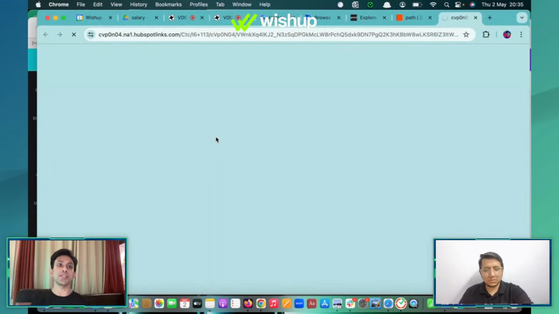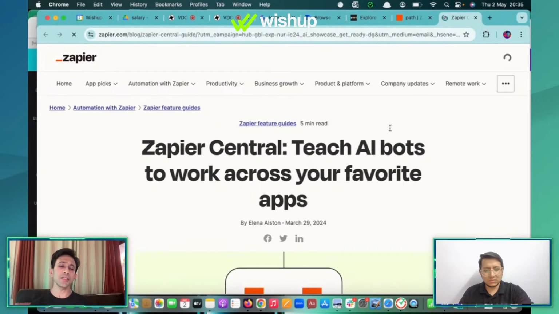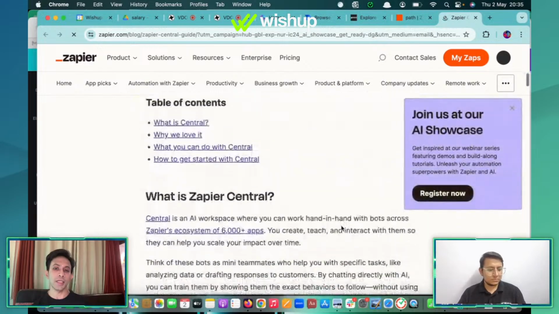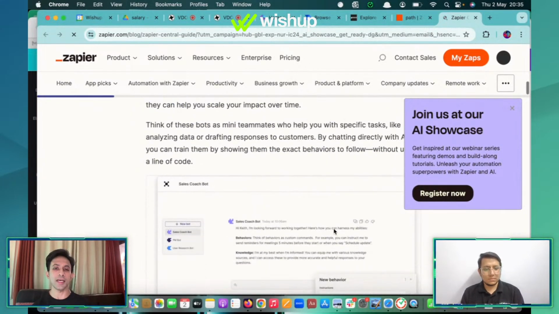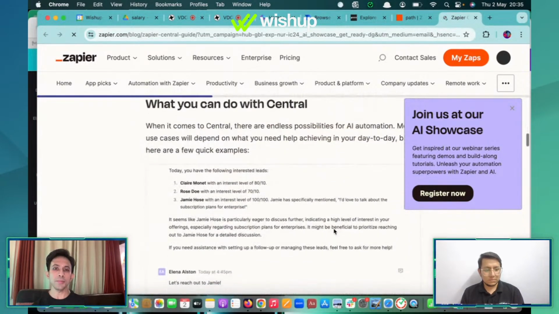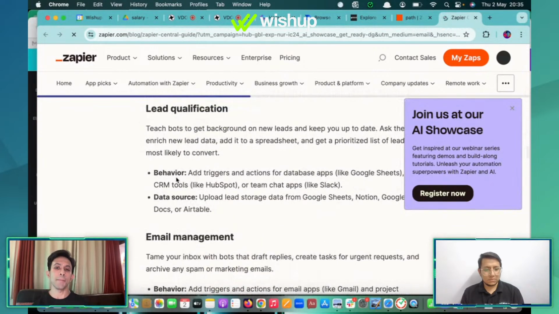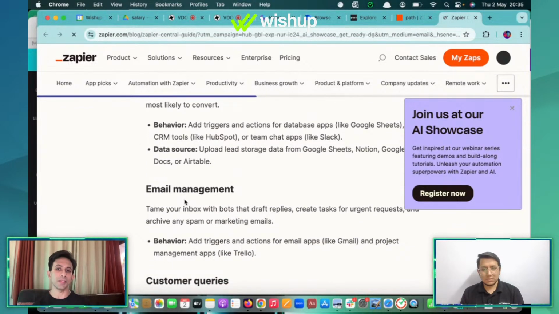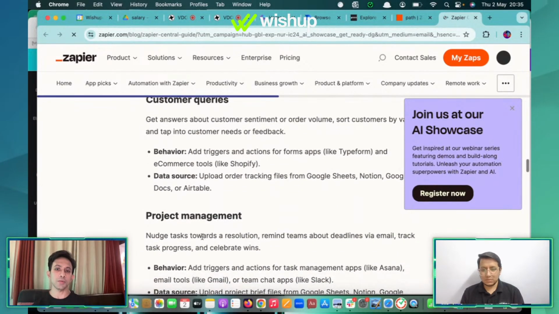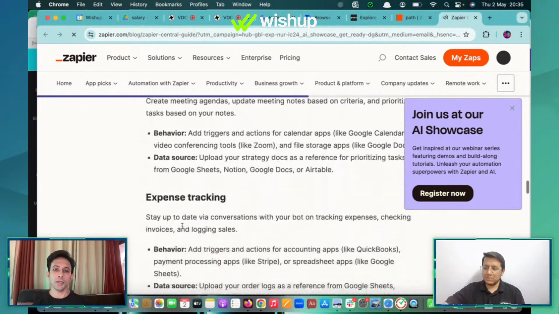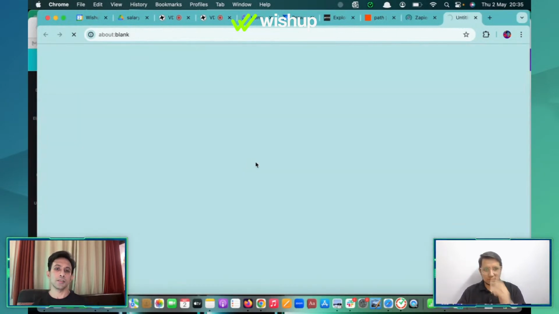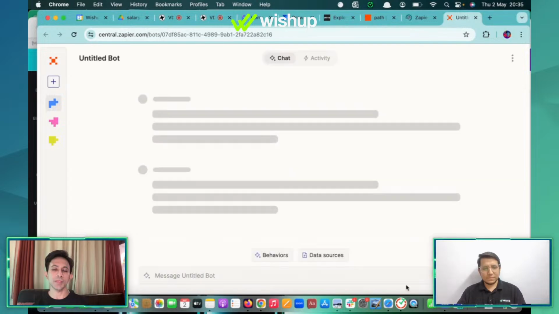Let's first quickly go through Zapier Central. Now, this is just a helping feature that helps you when you're new with Zaps. It works on the principle of behavior and where to feed your data from. So for lead qualification, you need to know what kind of behavior needs to happen and where the data needs to be uploaded from. Same with email management, same with customer queries, or whatever you're working on. Log on to central.zapier.com and